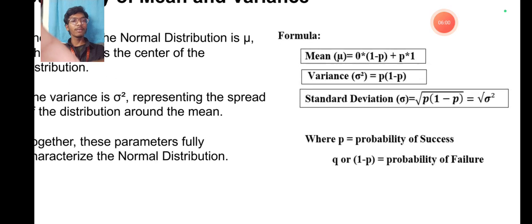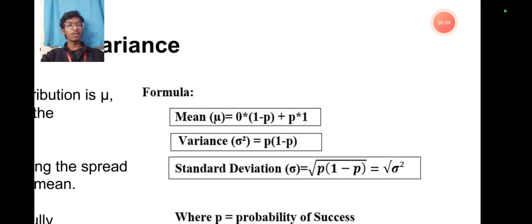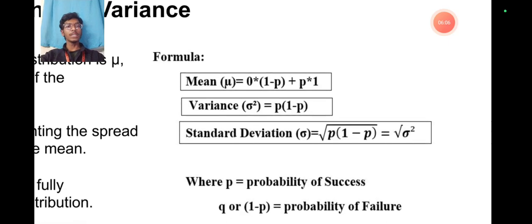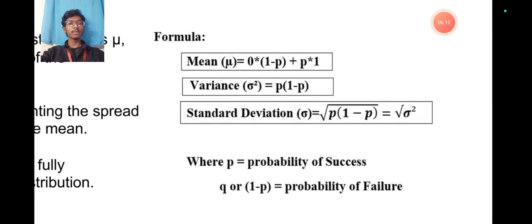So here we can see the formula of the summary of mean and variance. First of all, the mean μ equals 0 × (1 - p) + p × 1. The next one is variance, σ² equals p(1 - p). And the next, standard deviation σ equals the square root of p(1 - p),